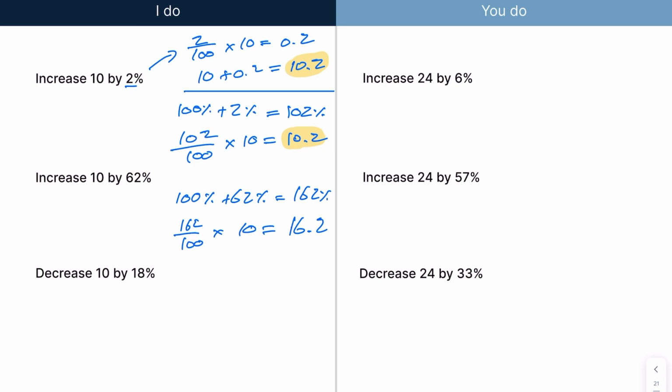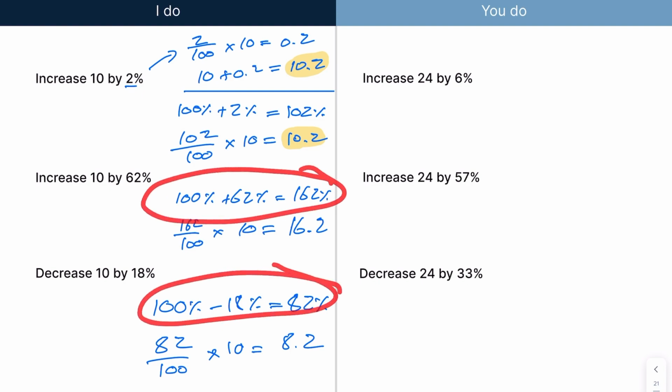And again, with the last one, we've been asked to decrease here. So we know percentages are out of 100. We're going to subtract 18 from it. And that gives us 82%. And now we just do 82 out of 100 times 10. And that gives us a final answer right away. There's no need to do anything once you get that. So that becomes 8.2. Okay, so I want you to press pause and have a go at doing it using